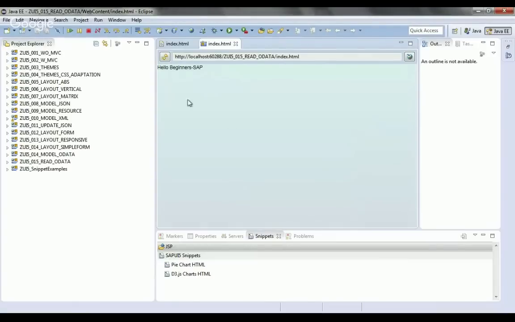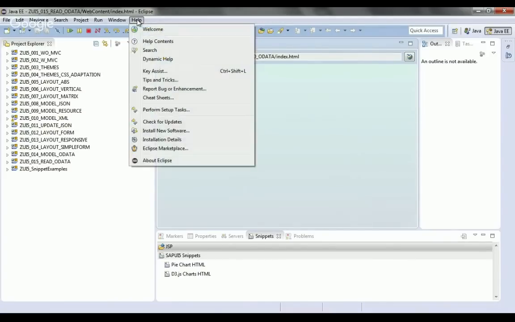Once your installation is done, it's very simple. This will only install Eclipse on your desktop, but it will not give you UI5. So you will have to install UI5 on your machine, or rather install those add-ons. Eclipse Luna is okay, no problem. So you will have to install add-ons. Go to Help after you have done the installation.